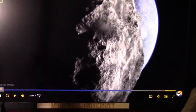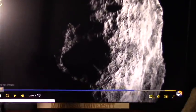Bigger meteors mean bigger impacts on the moon, which means a bigger cloud of sodium flying into space and eventually passing over Earth. And so, scientists on Earth see a brighter spot when our planet...